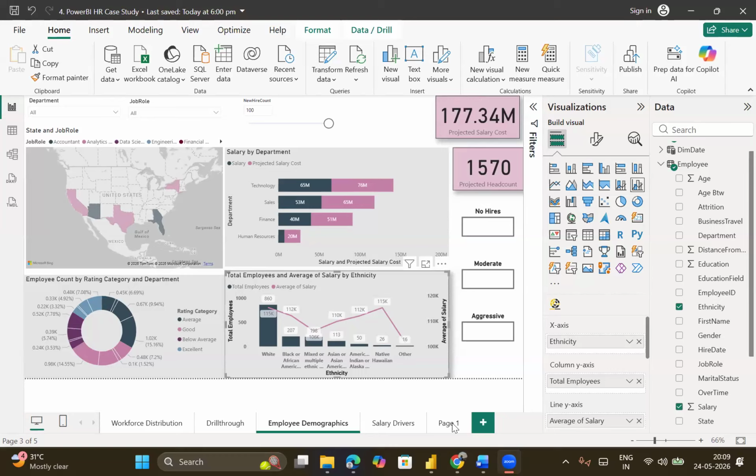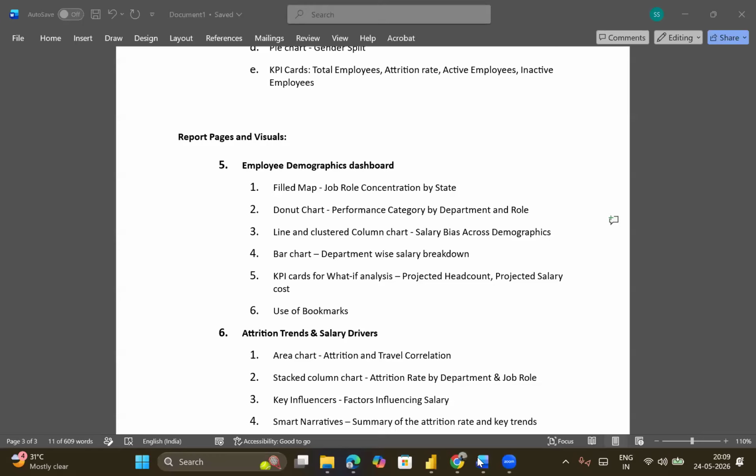Okay, great guys. So now one last one is about this bar chart for a department wise